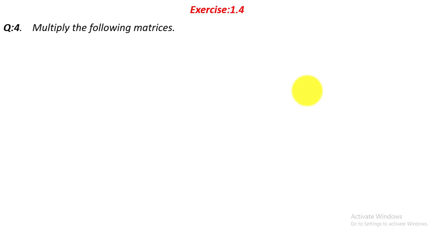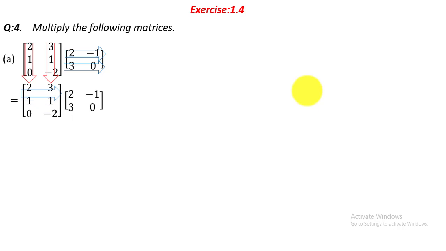Here, fourth question. Multiply the following matrices. In the first, two matrices are given. The first matrix has two columns and the second matrix has two rows. So these two matrices are conformable for multiplication. Their product is defined as